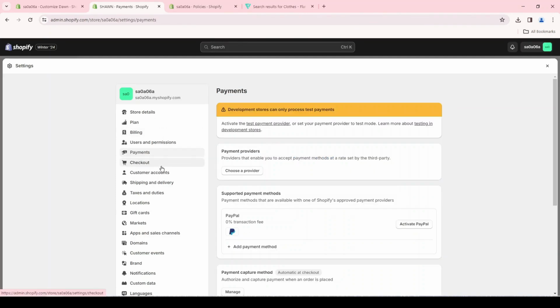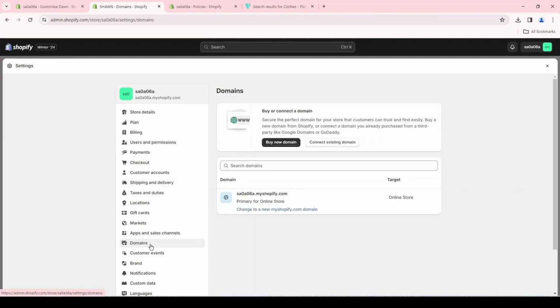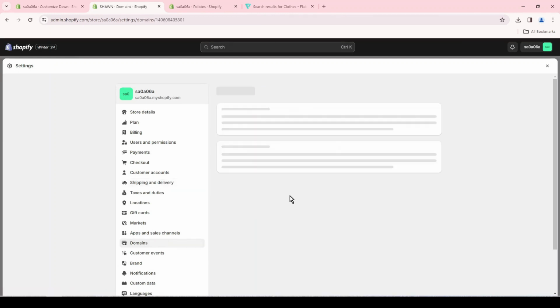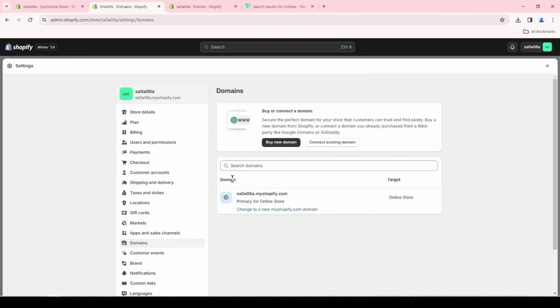The next step is to add shipping and delivery from here. Start by adding the shipping prices for your products through this area. The next step is to start connecting a domain to our store. This is the primary domain we can work on now, but the domain is not professional at all. You can connect a domain in this area. With your store, you can either buy a new domain, or if you have a domain you purchased before, you